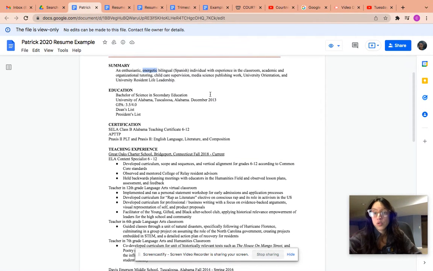So that is why I chose the word energetic. I added bilingual and the language that I speak, the language I am bilingual in. If you speak another language, 100% put that in your summary. It's great at marketing yourself. So that's why I put that in there, especially when you are looking for a job in a place that needs people that speak different languages, for example, in